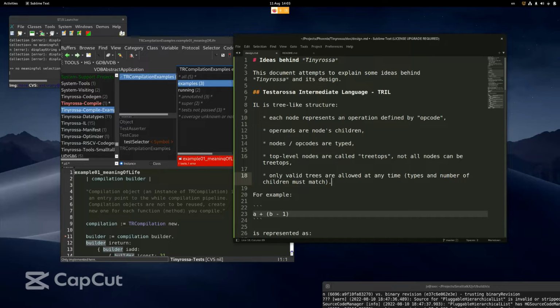So it's a tree of nodes, and each node represents an operation, and the operation is defined by opcode. So all nodes are the same kind of objects, but they have different opcodes, and the opcode defines what it does. Like an add adds two numbers. There is a call that calls a function. That kind of thing. The operands of the operation are the node's children,